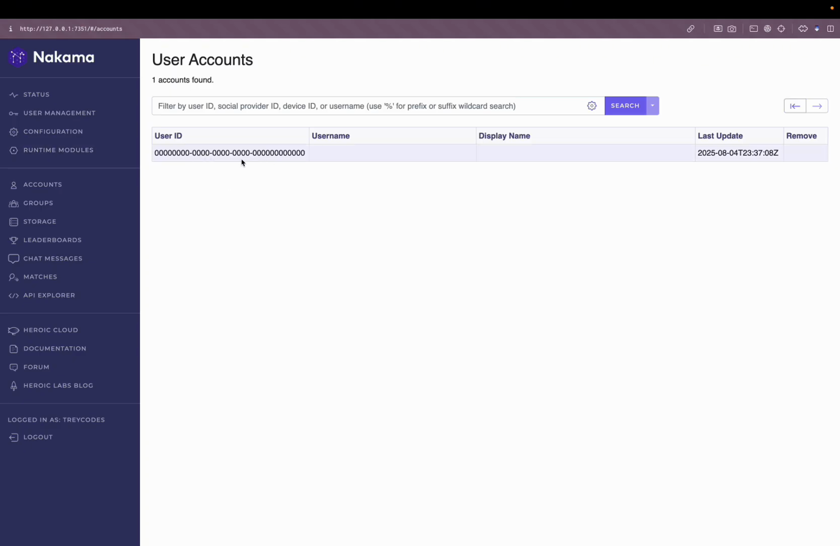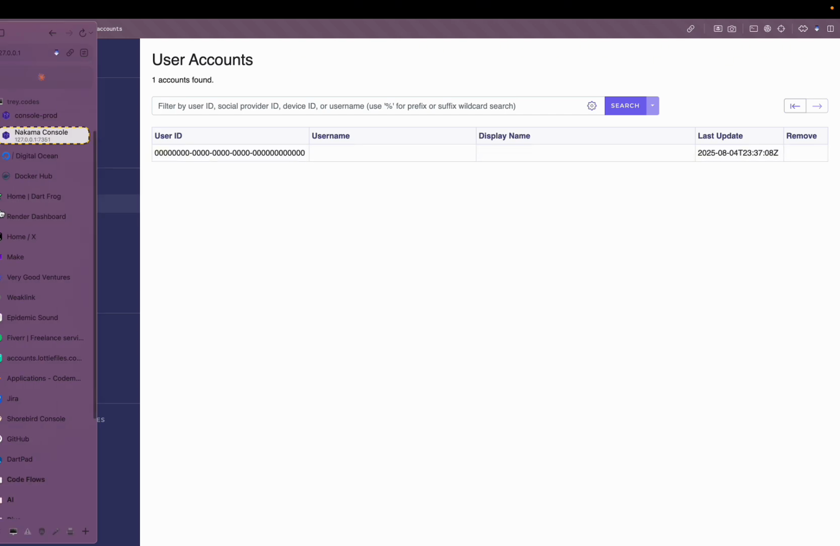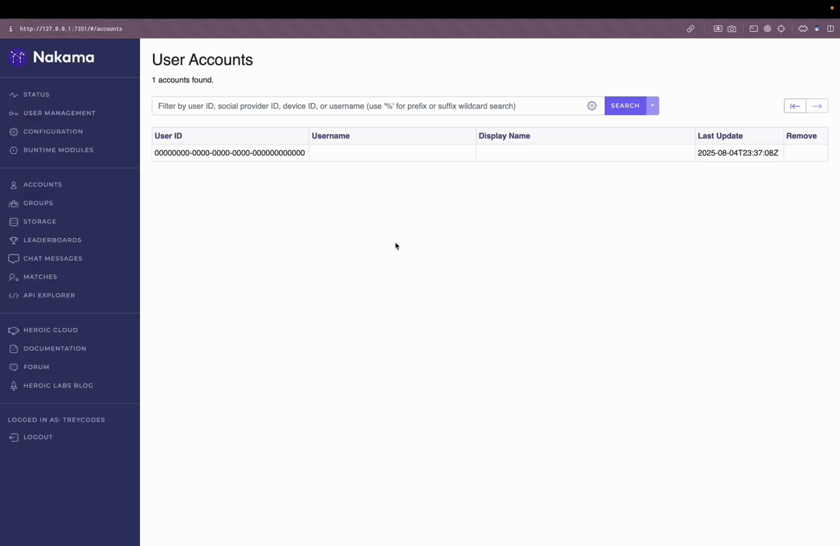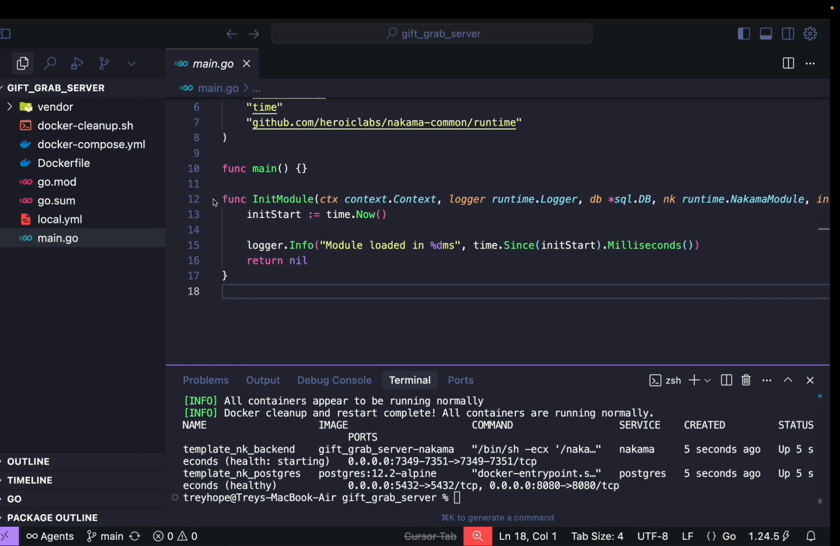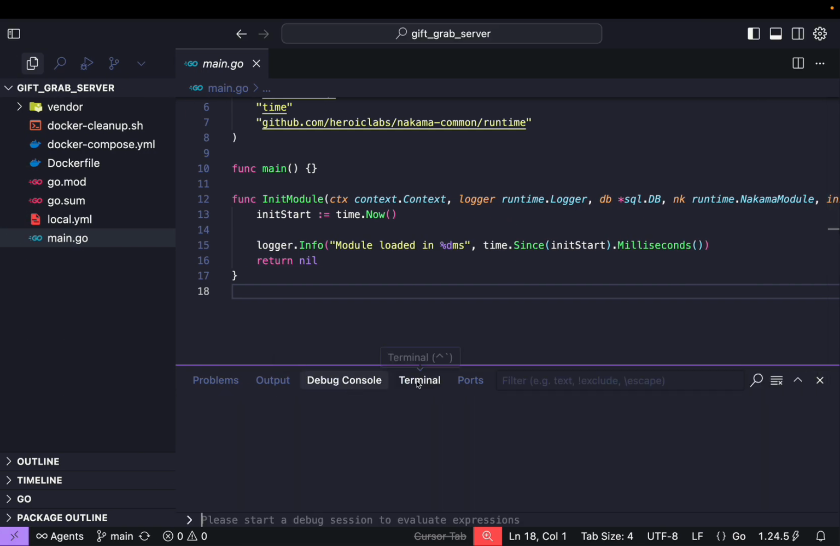Right now, the only user is this super user, I guess you could call it, with all these zeros as their user ID. But this is good news. That means that we have our server running locally, but the main goal is to now get it on the internet, because it makes no sense to have a gaming server that's only running locally. There's no competition in that. So let's go back over to the